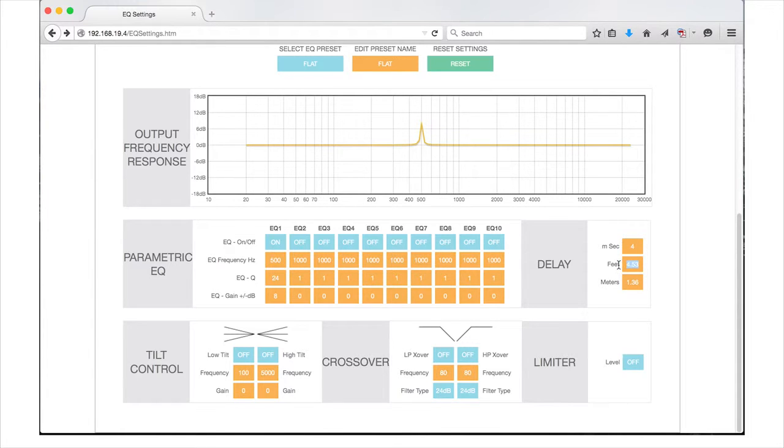The maximum delay is 12 milliseconds or approximately 4.07 meters or 13.59 feet. The tilt controls are useful when you want to increase or decrease the bass or treble over a wide range of frequencies. This could be useful if your speakers are installed in a very reflective room that makes